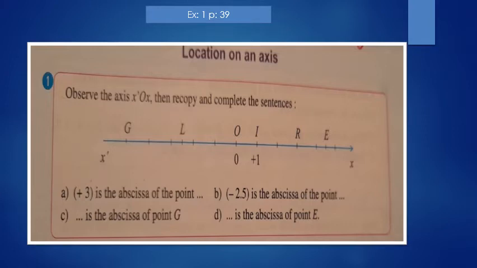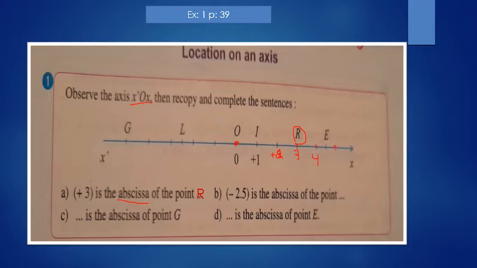Observe the axis x prime OX, then recopy and complete the sentences. Plus 3 is the abscissa of which point? Let's look together. Here is the origin O. This is plus 1, so this point represents plus 2. Here, plus 3. So, plus 3 is the abscissa of point R. Okay, we can write here plus 4,